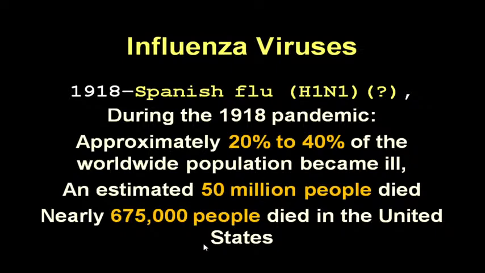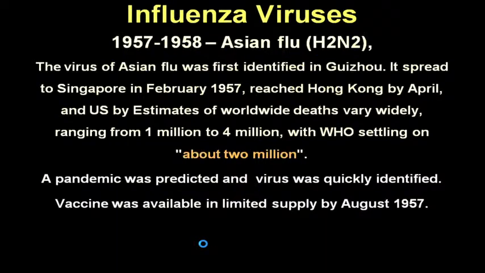An estimated 50 million people died, and nearly 675,000 people died just in the United States. It was a really devastating epidemic. So then the second pandemic